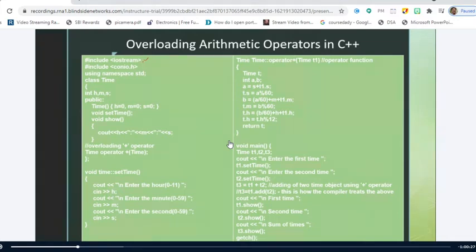Hash include iostream. Why do we use this one? Input output. Input output, cout and cin, right? What is the use of this conio.h? Console input output. Here I have used a function called getch at the end. Can you see the tick mark here? Yes, sir. The last statement is getch, right? This function is defined inside conio.h. That is the reason why I am making use of conio, but it is not mandatory. You can remove this getch and you can remove this statement.